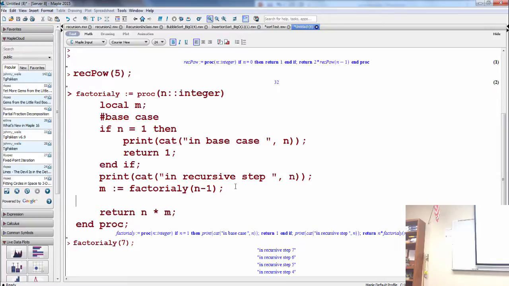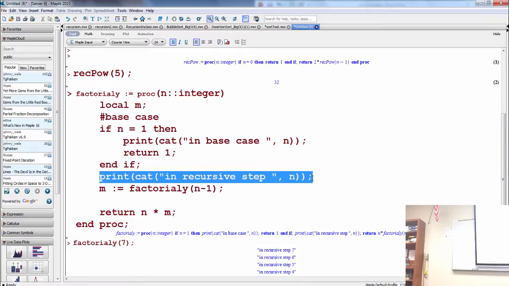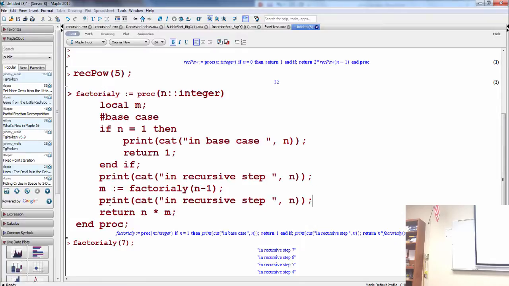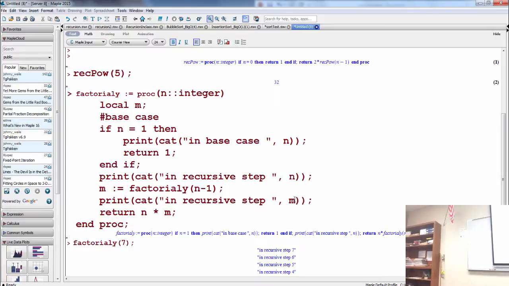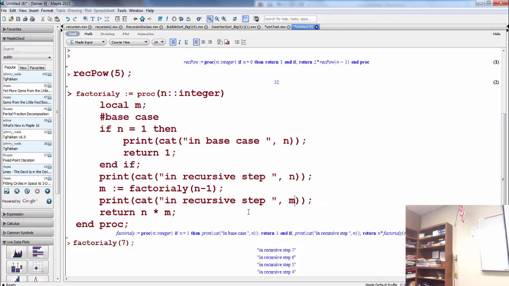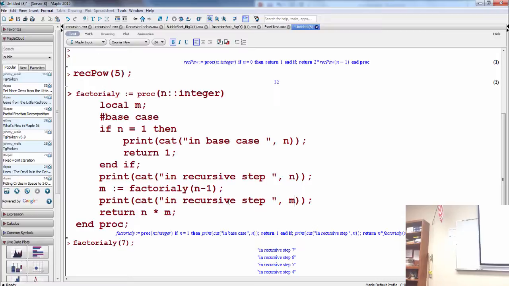If you want to print it out before it returns, you have to save it in a variable or print it. We should say recursive down step and recursive up step.